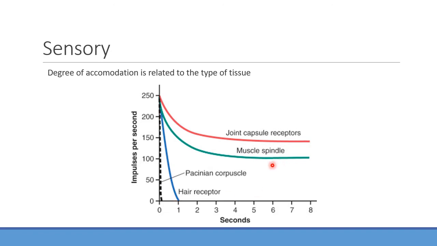However, things like the muscle spindle can be very important for maintaining proprioception of where my muscles are at roughly in terms of contraction and things like that. The joint capsule receptors, I want these to be pretty slow adapting because I always want to be aware of what that proprioception is so I don't fall over flat on my face, right? All right, so any questions about that so far?